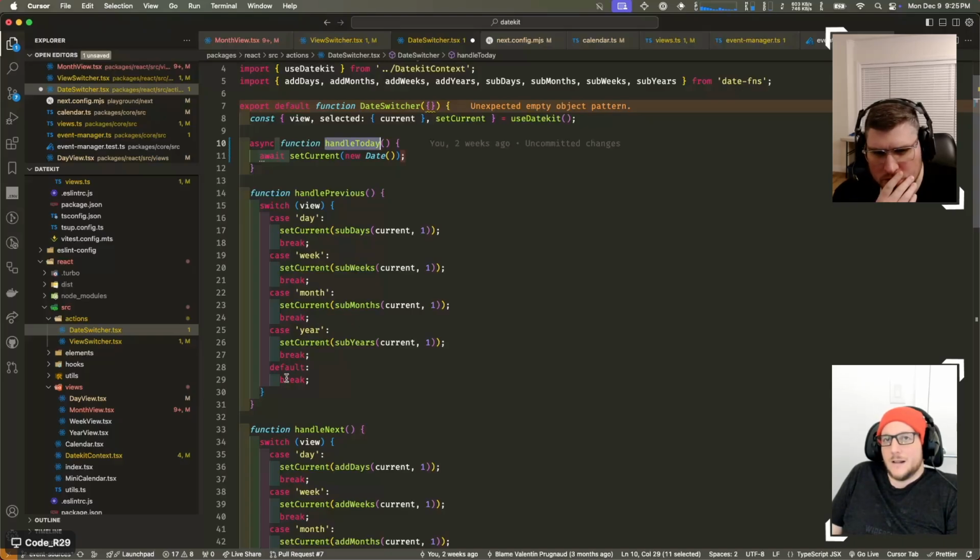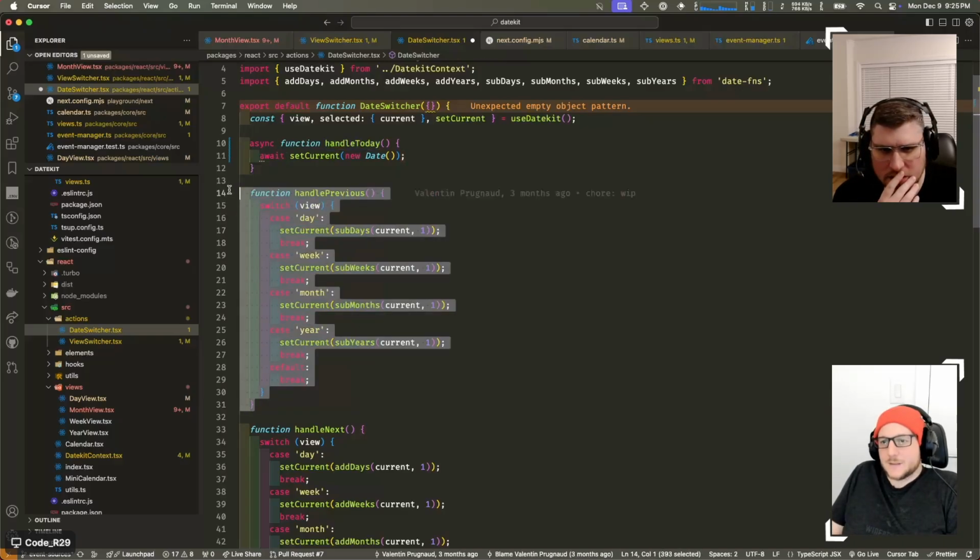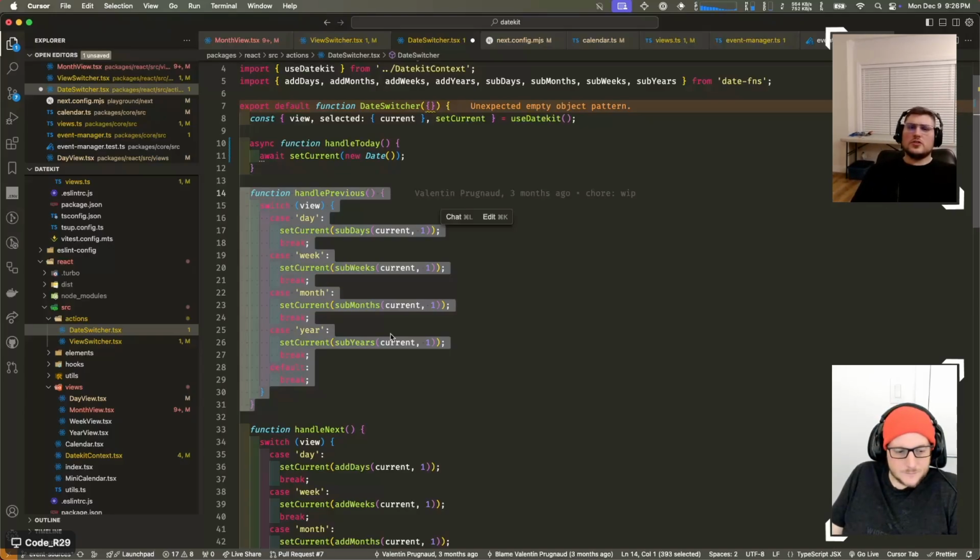What if we moved this into the calendar? We could have a previous date function. No, I'm thinking literally just a function called previous, and we know what the view is. Changing the view should be synchronous. Updating the data can be asynchronous, but changing the view, like